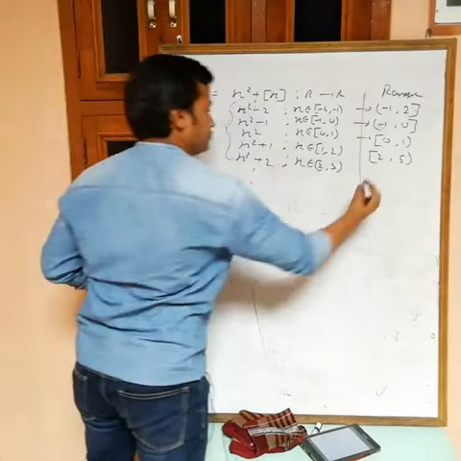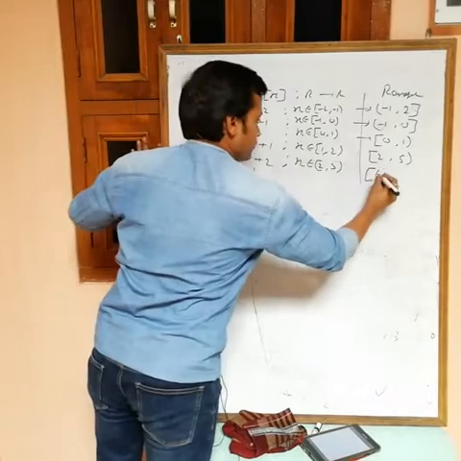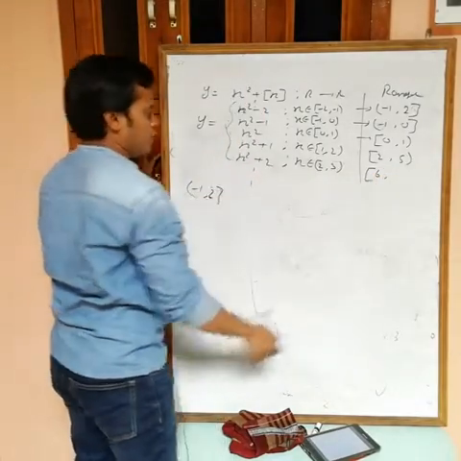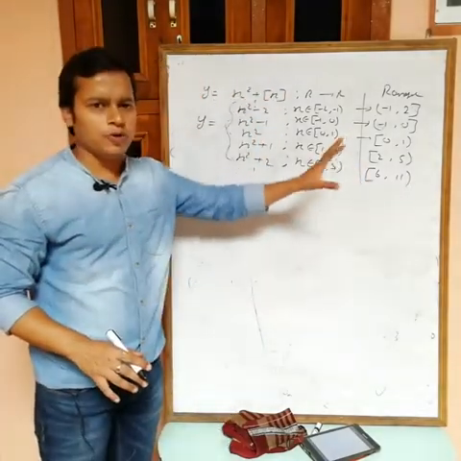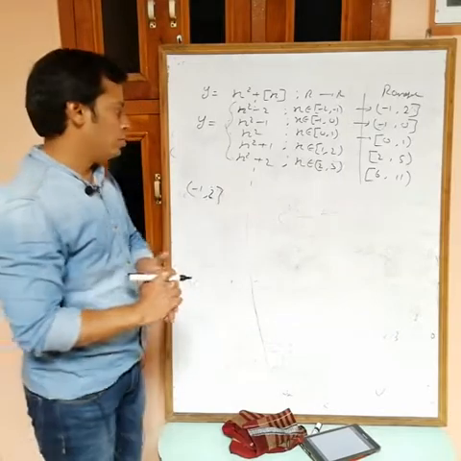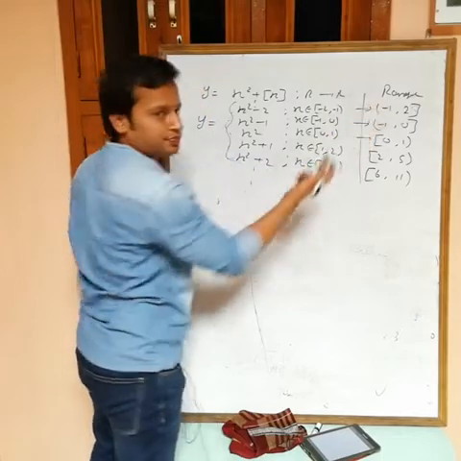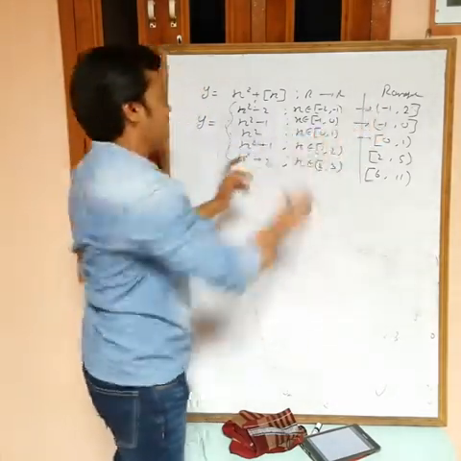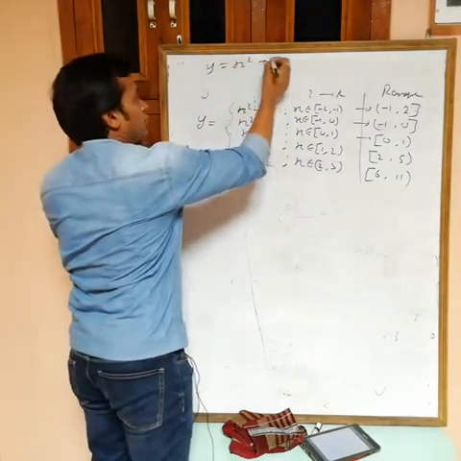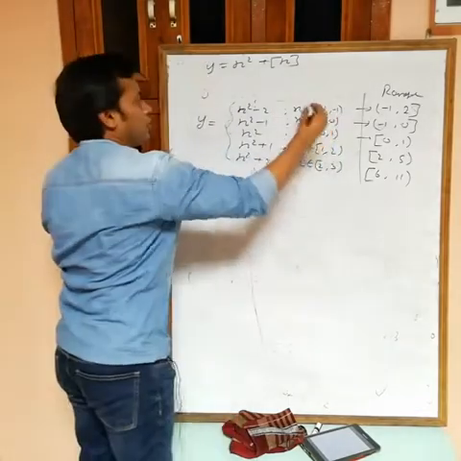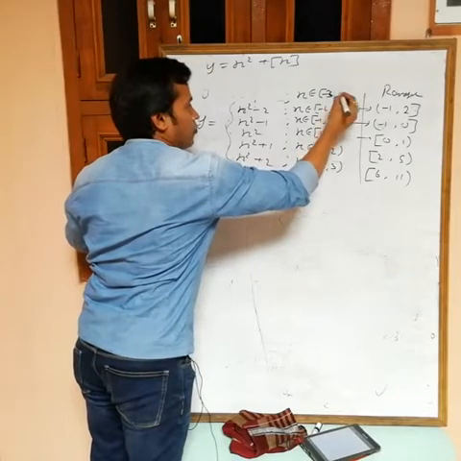Now put 2, what we are getting? 6. And now put 3, 11, like this one we are getting. Actually you will get all positive values, but you can't get minus 1. Here you are not getting minus 1, minus 1 is an open interval. If you take before this one also, then see, y equals x square plus greatest integer of x. Now if I take the previous interval, then minus 3 to minus 2.